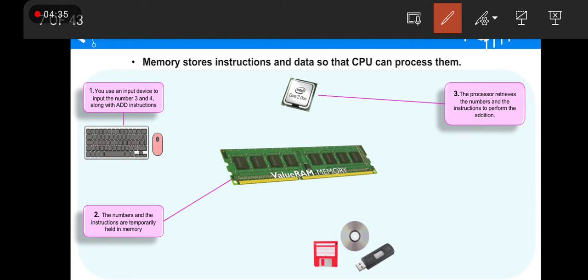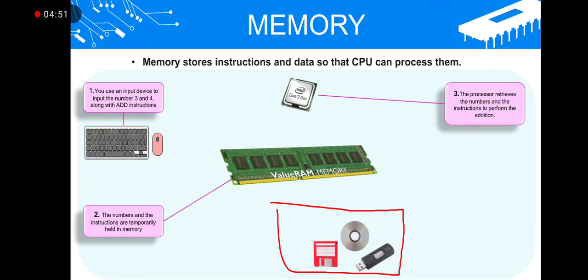Alright, first tell me about these devices. What are these devices? These are the storage devices. We studied, right? Floppy disk, CD and USB. These are used to store the data. Alright. Then after the 3 plus 4 command is saved in the memory,